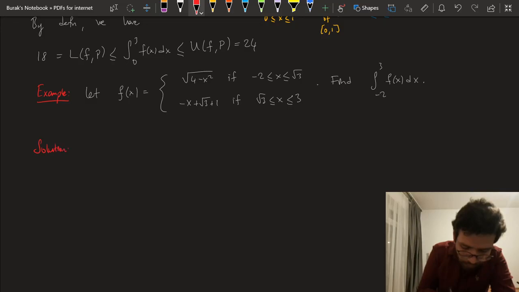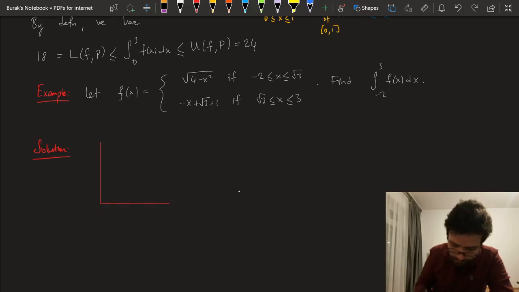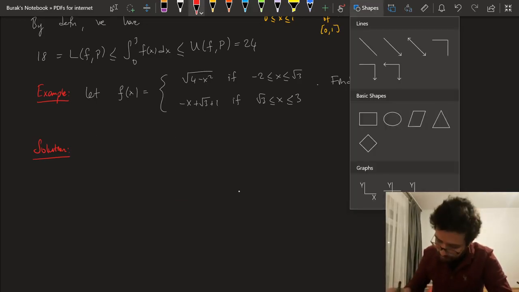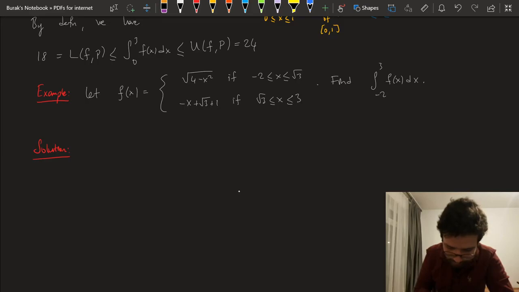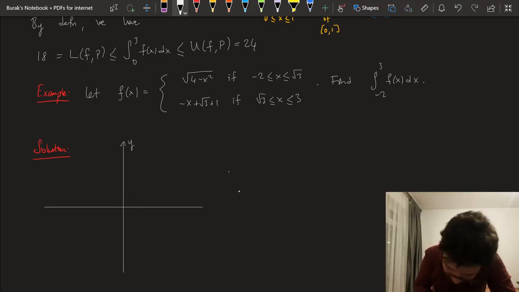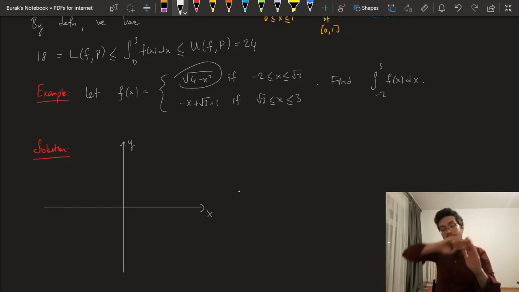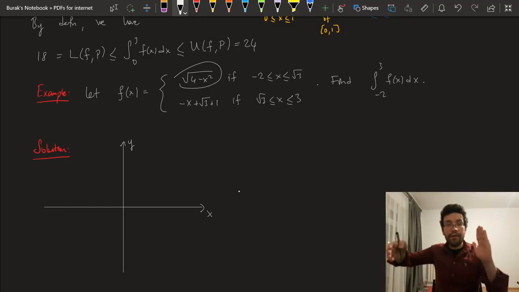Well, let me draw. Okay, this is not what I want. Let's use that. Let's use this. Let me roughly sketch the graph of this. Okay. Now, this is the upper part of the circle centered at